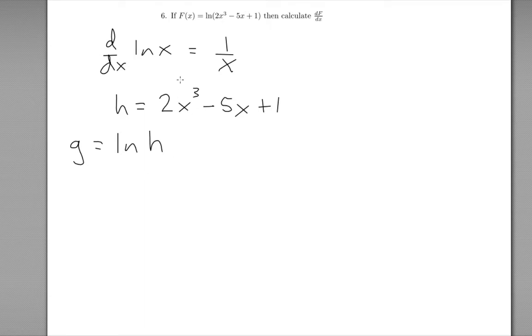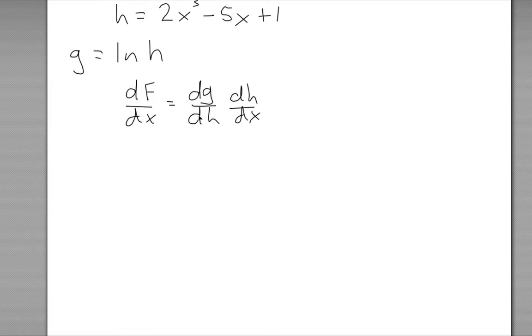Fine. So now the chain rule says that the thing that we actually want, the derivative of capital F with respect to x, is equal to the derivative of g with respect to h, this new thing, times the derivative of h with respect to x. And h is given by the formula that we gave here. So this here is the chain rule. For the derivative of g with respect to h, we can use our formula for ln. What is the derivative of g with respect to h? It's just 1 over h